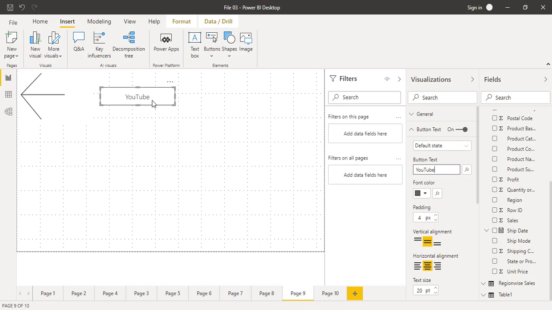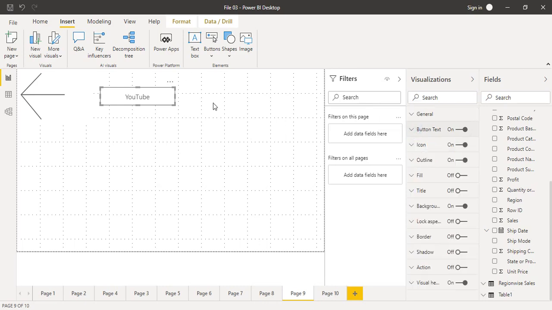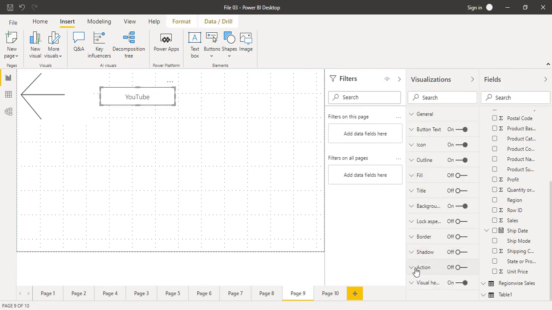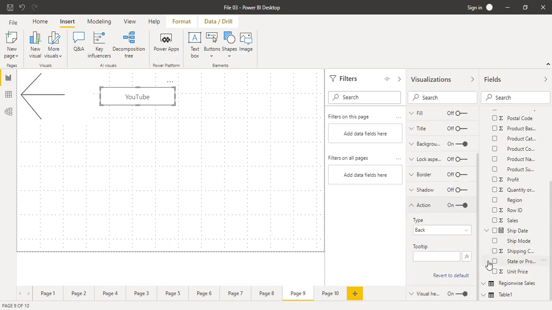This means that in my button, if someone clicks on this button, he or she is sure that they will go to YouTube. Now this is a text, but there is no action associated with it. It's only just the text. Okay, so to associate an action, we need to go to this action pane or this action option. We have to first turn it on, and then we can just expand it, scroll down, and the type of action that we're going to choose right now is this web URL.